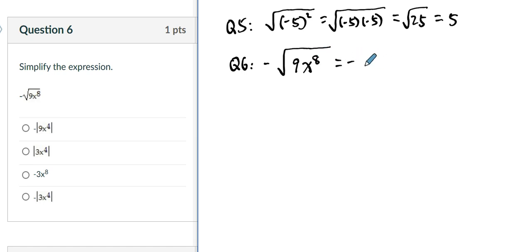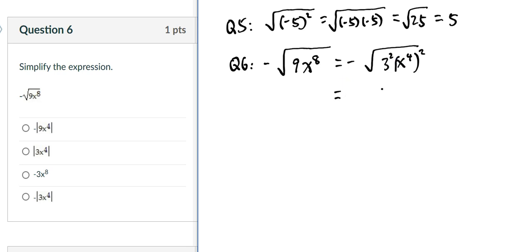Inside the radical sign, we know 9 is 3 squared. x to the 8th is x to the 4th squared. And we get